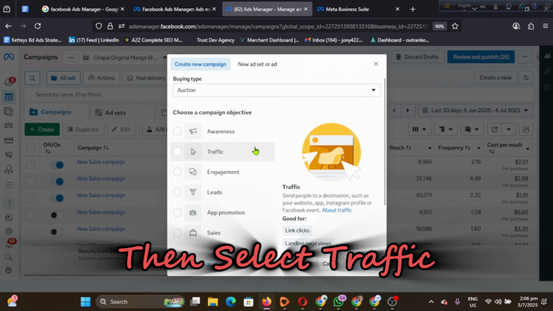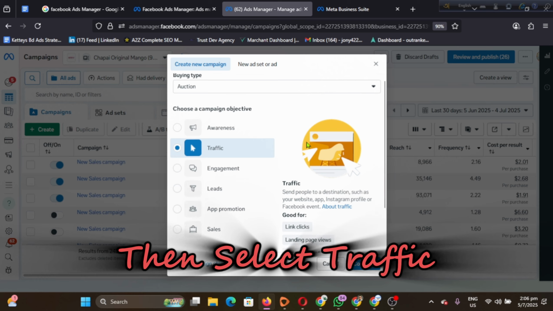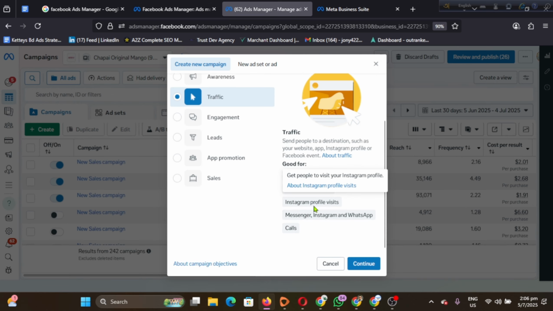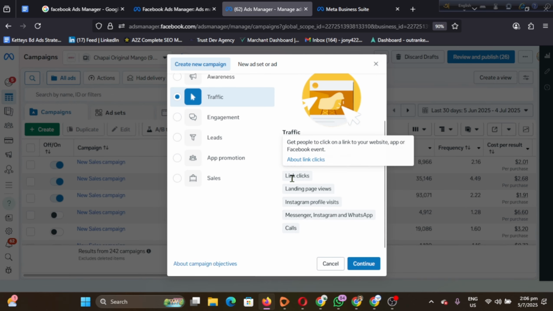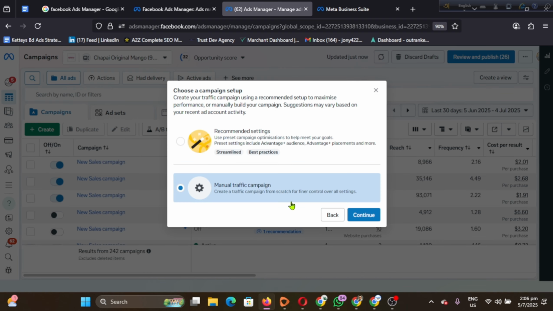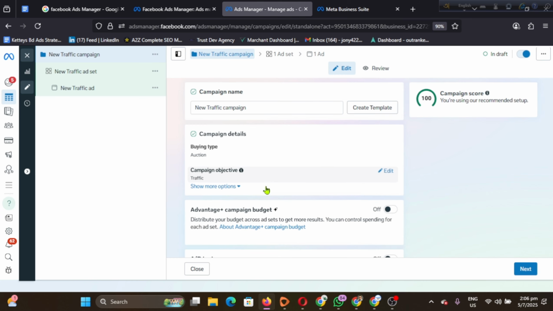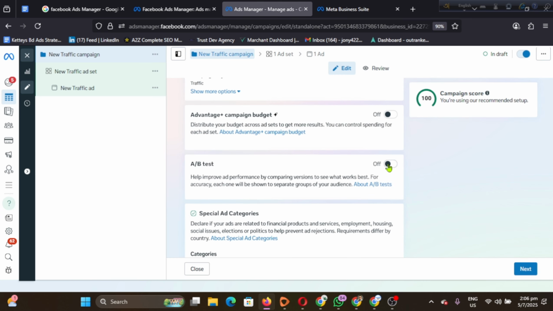So suppose you want to run ads and grow your Instagram profile visits or get calls or link clicks. So click continue, then manual settings, and then here you can update your budget, daily or lifetime budget. Go next,